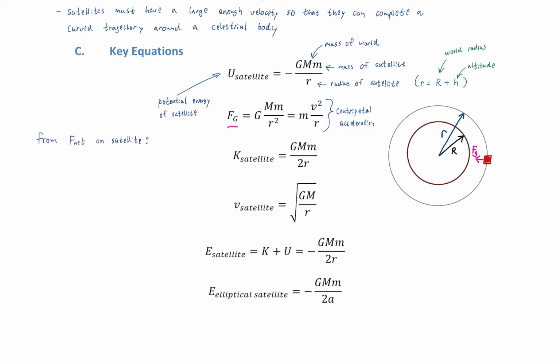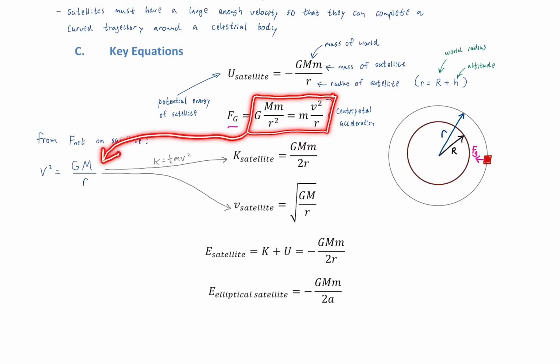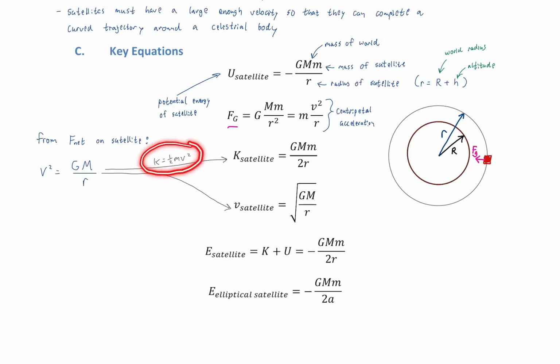So if we consider the net force acting on a satellite, then we can see that the velocity squared is equal to the gravitational constant times the mass of the planet, uppercase M, divided by the distance between the satellite and the center of the planet, r. You see it? All I did was take this equation, Newton's second law, for this situation of gravity and circular motion, and solve for v. That's all this is. But that has the very interesting effect of then being able to take the definition of kinetic energy, 1/2 mv squared, and replace v squared with this expression,